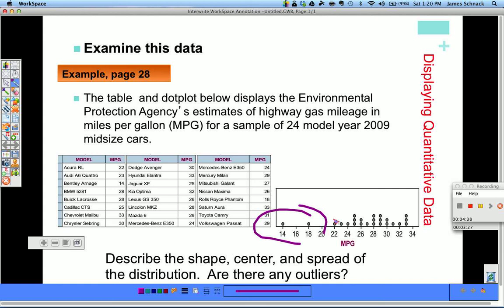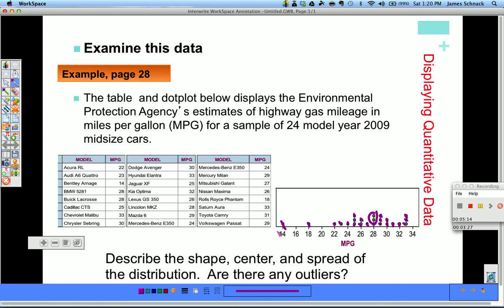Let's talk about center. Well, one value we can use for center is the median of this data. And to find the median from a dot plot, it's pretty easy. We just start crossing off dots as we go. I'm trying to find the middle of this distribution. Looks like the median value is 28,